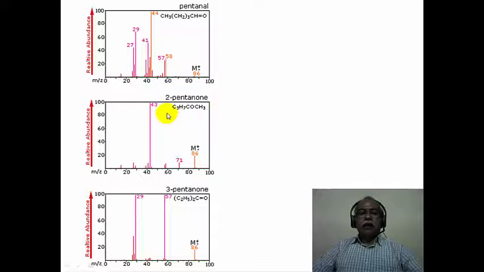These are some simple organic molecules. The spectral pattern is this. The peaks are color coded. If you look at the peaks, the even molecular weight peaks are given in orange color, whereas the odd molecular weight peaks are given in the magenta color. This is essentially to distinguish the even and odd peaks that are shown, not molecular ion, the fragment ion peaks that are shown in the spectrum.